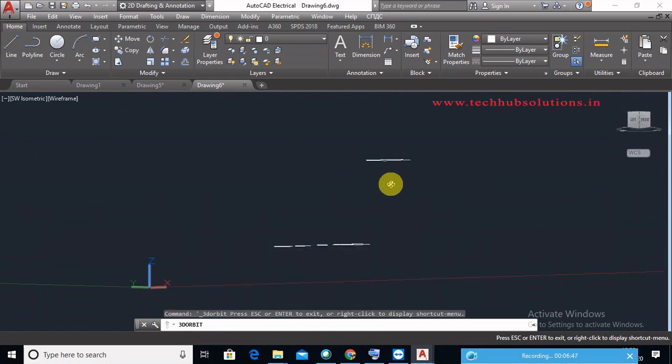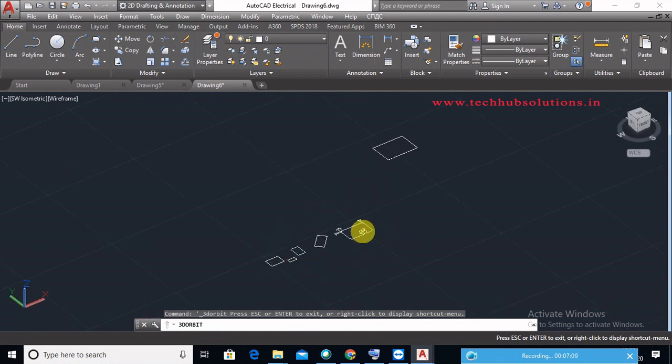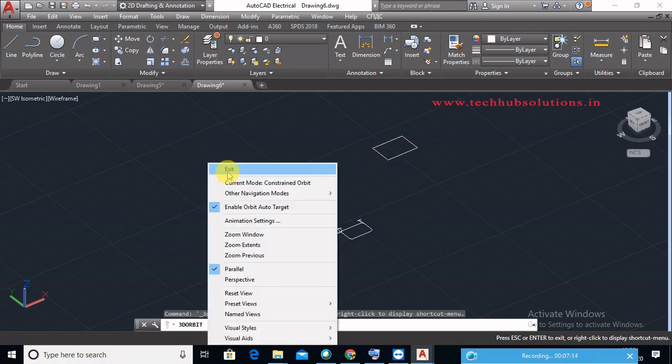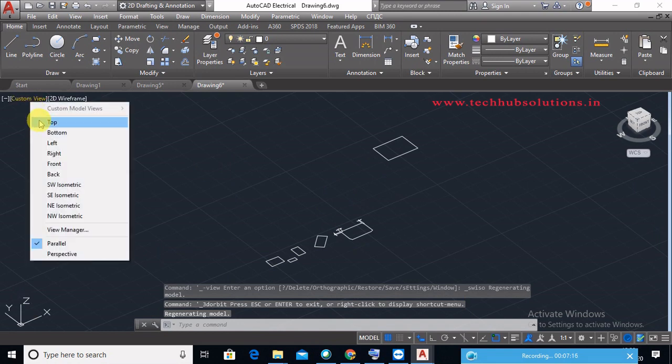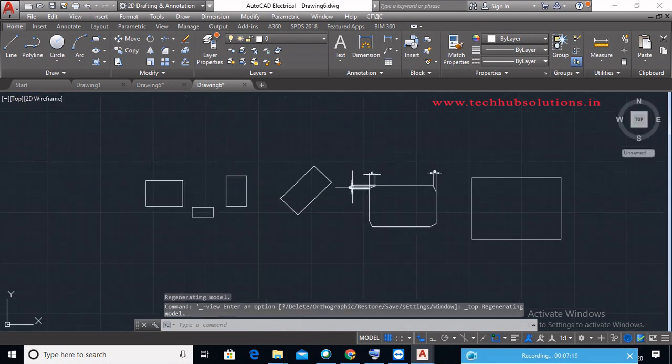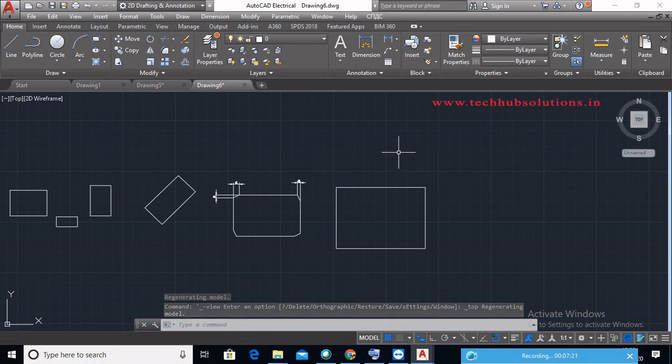So every time drawing in the xy plane, but if you give elevation, so distance from the xy plane in z direction, so that is called elevation. This one is z direction, so this one is 200 distance. So now this one is xy plane and from this xy plane to this distance is 200. So that is called elevation. Next also go to the top. So now this one is top. So from top you cannot find the elevation.